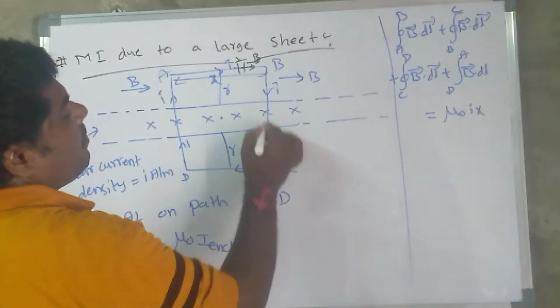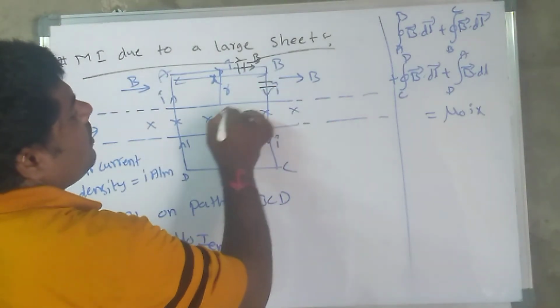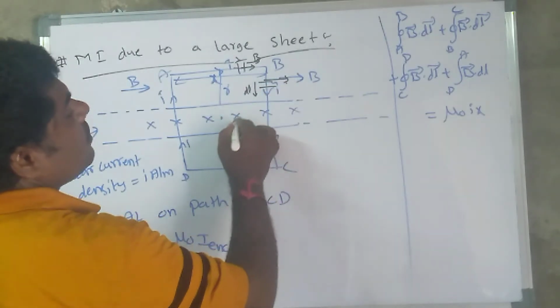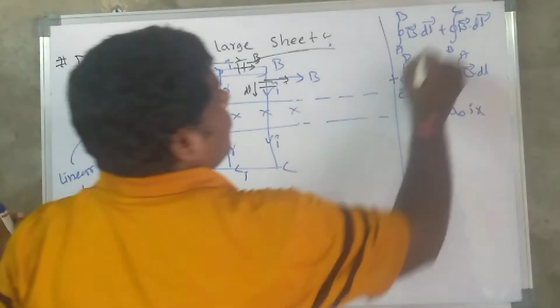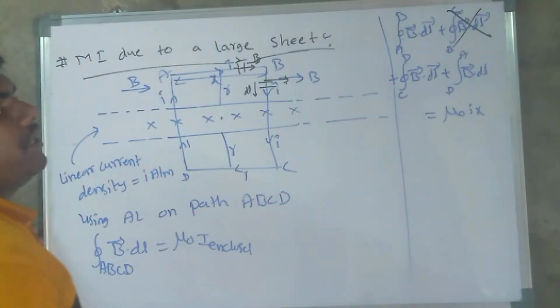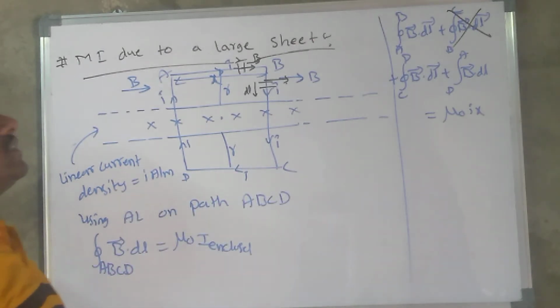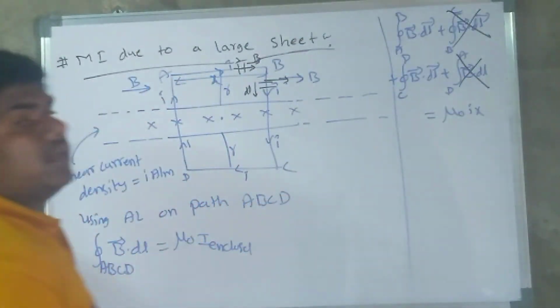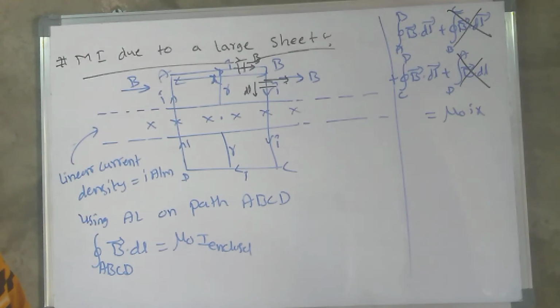And similar to B to C, let us consider a small dl, this is the dl direction, this is the magnetic field direction, both are 90 degrees. That's why this one vanishes. So B to C vanishes because of the angle of 90 degrees. B dot dl is equal to B dl cos theta. Here theta is 90 degrees, cos 90 is 0. That's why it vanishes. Similarly, C to D also, and D to A also vanish because of the angle between B and dl being 90 degrees.